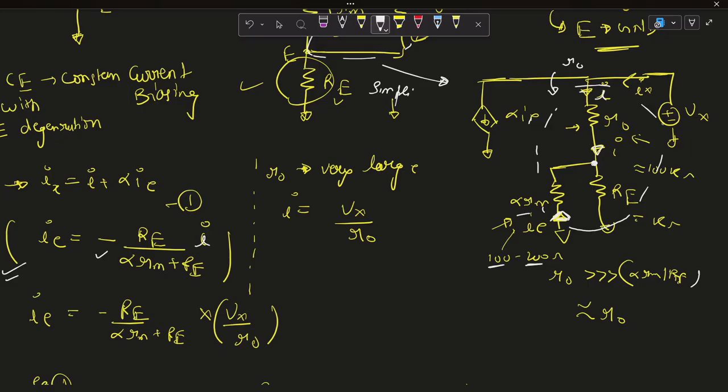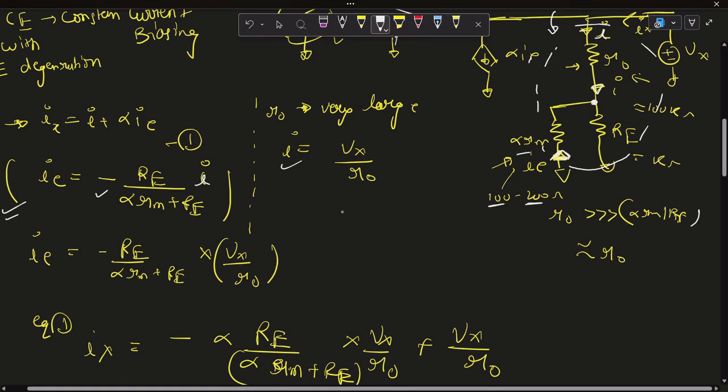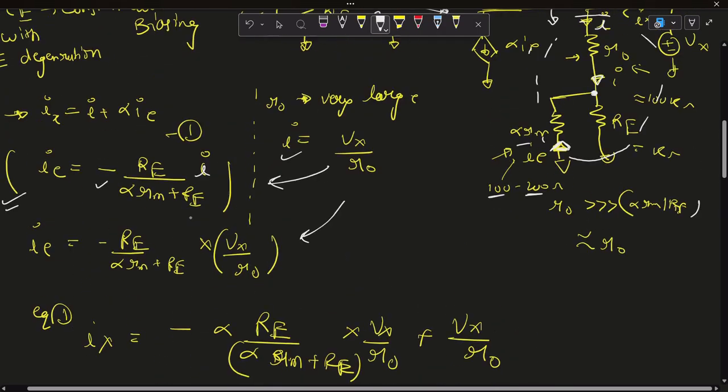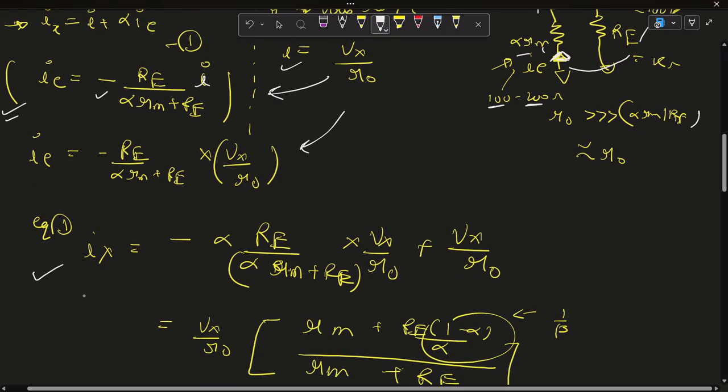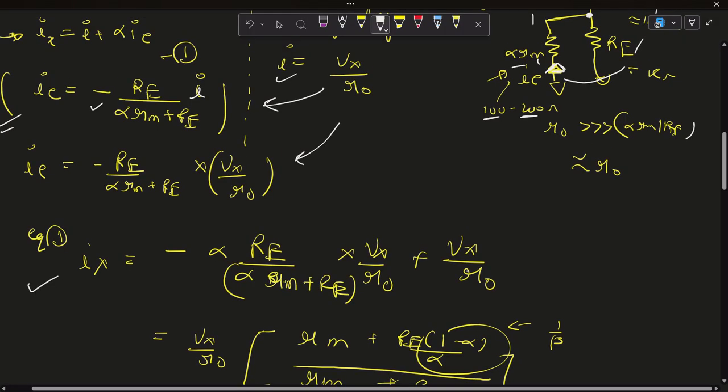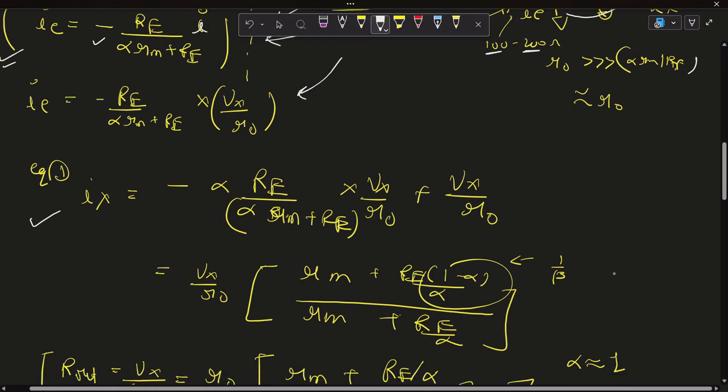So the voltage across this resistance is Vx, and the resistance is R naught. So we can find out I. So I is Vx by R naught. So now we know what is I. So put it in this equation and find the Ie. Now from equation first, this I plus alpha Ie, so from this we can see Ix is equal to minus alpha Ie. I just simply put the value, which is Vx by R naught, and after solving and simplifying,